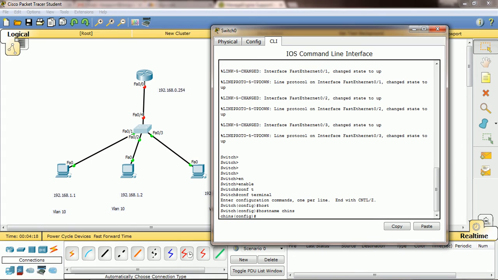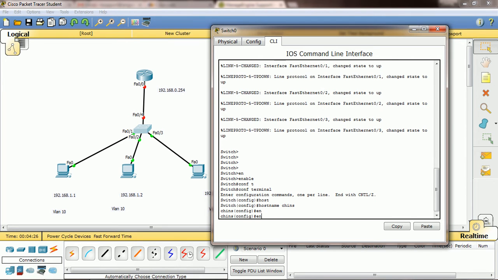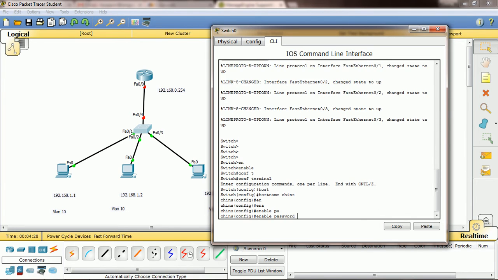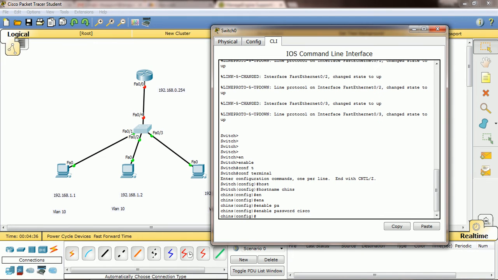See here, the host name is now changed from switch to change, and now I am going to assign a password for this. Enable password Cisco. And one more thing, here you have two options. If you enable this password command, I will show what is the difference.